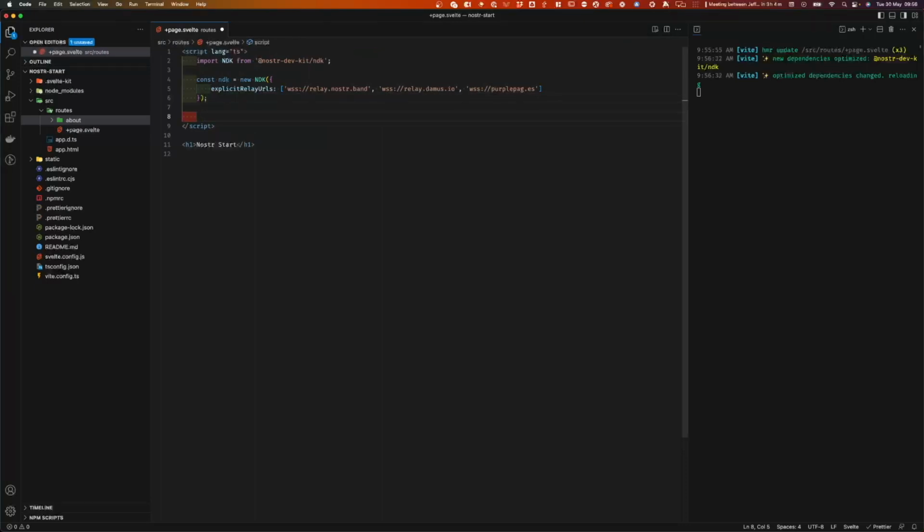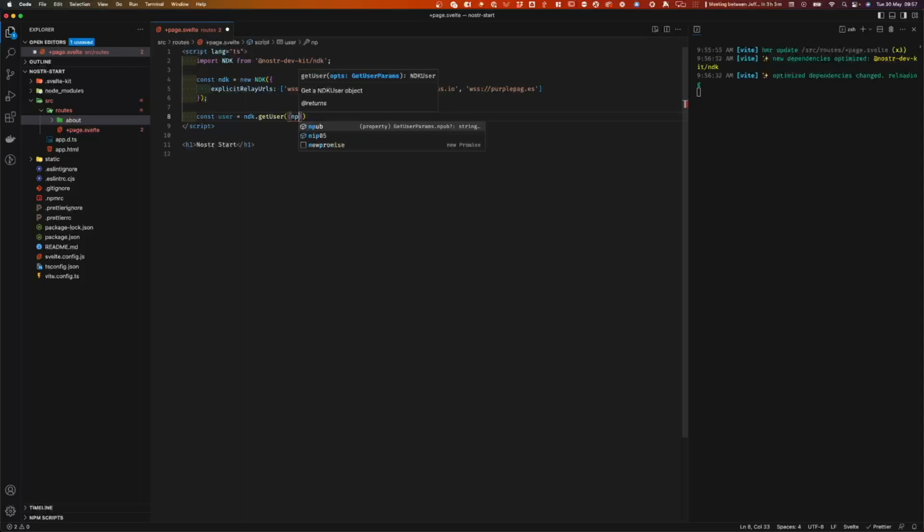It's not doing anything yet, but it is instantiated. Now, the next thing we need to do is, there's 2 different things we can do. Before we can actually use these relays and fetch data from relays, we need to tell NDK to connect to them. But before we do that, there's actually a ton of stuff you can do without connecting to relays. And so, if we wanted to create a user, we can go ndk.getUser. And then this takes a set of options, and it'll either take a hex pub key in that format or